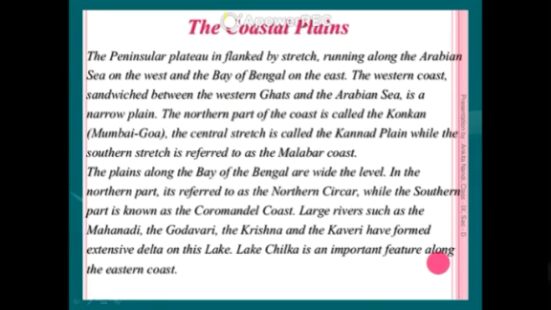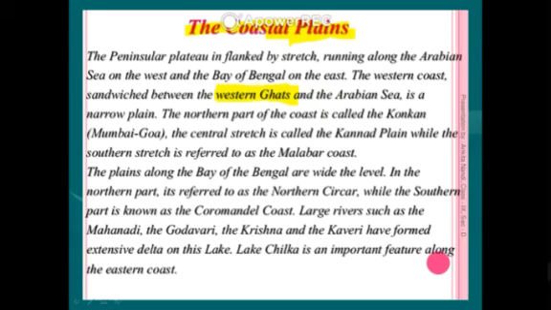Okay, so next one is the coastal plain. Coastal plains are located in coastal areas on either the west side or the east side. Western Ghat and Eastern Ghat are both important. The Western Ghats are located on the west side of the Indian subcontinent in the south. The coastal plain divides into two basic portions. First one is the western plain, and second one is the eastern plain.